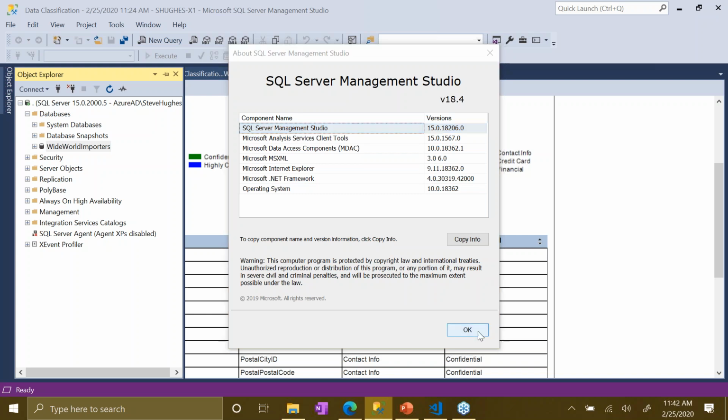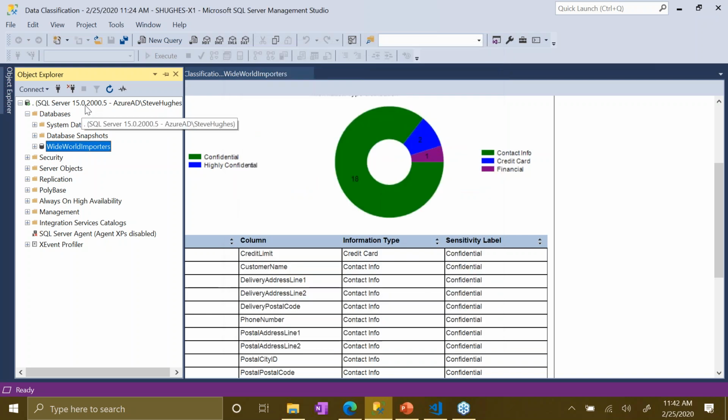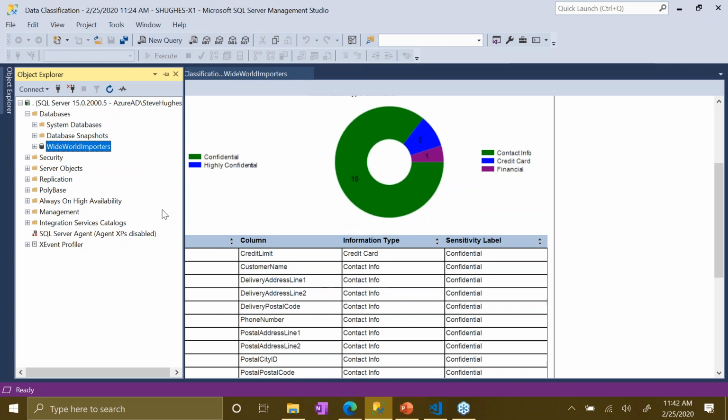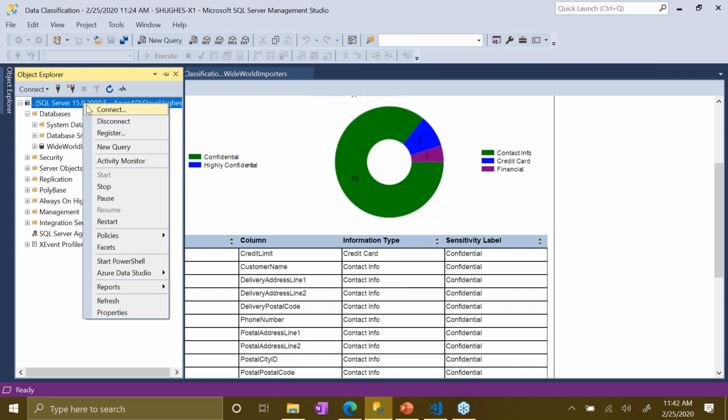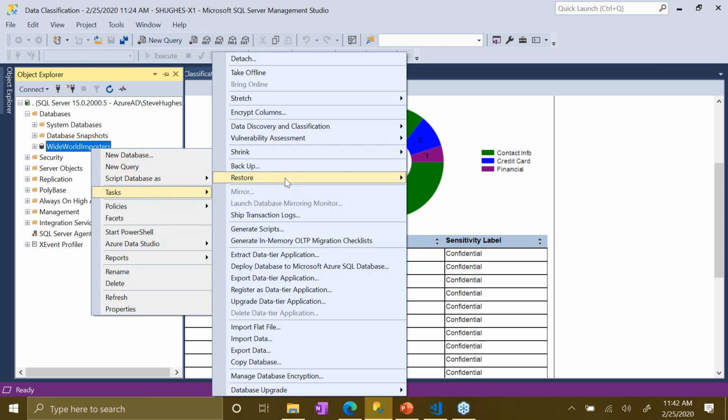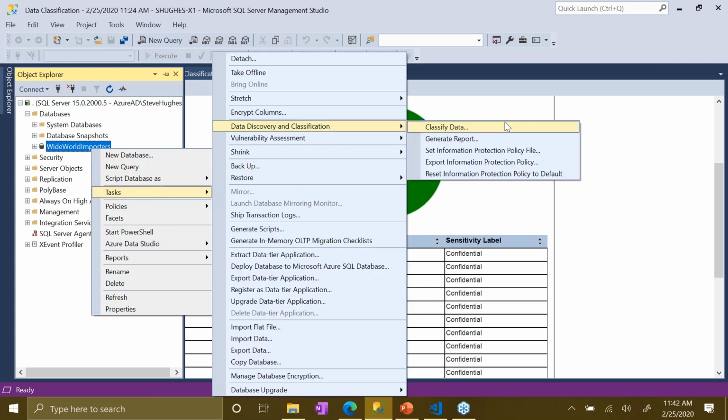So if you connect to a 2012 database, and I don't think I have any other database instances running on my end, because I'm only running the one instance here, it should show up as a different SQL Server version. You should be able to go to the database within that. So if it's 2012 through 2017, you should be able to right click and go to tasks, see data discovery and classification. At a minimum, you should be able to classify your data.